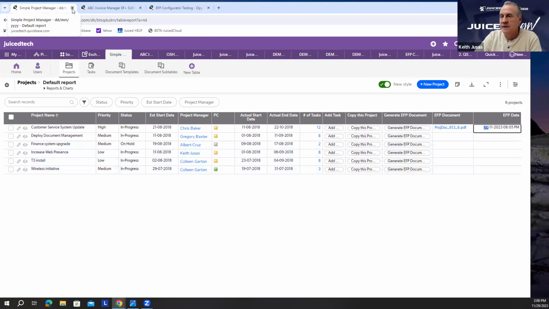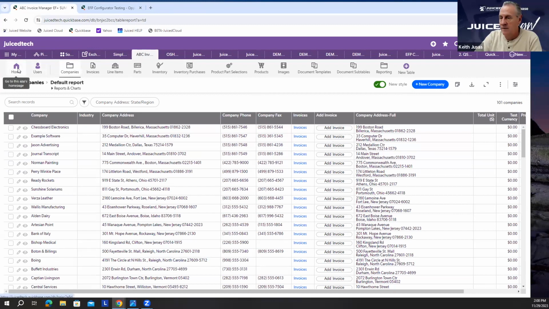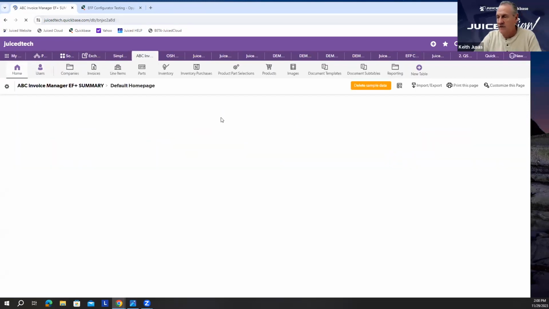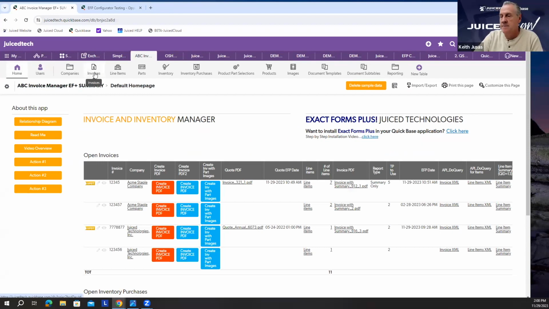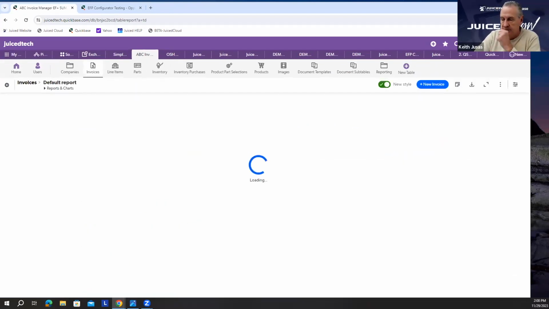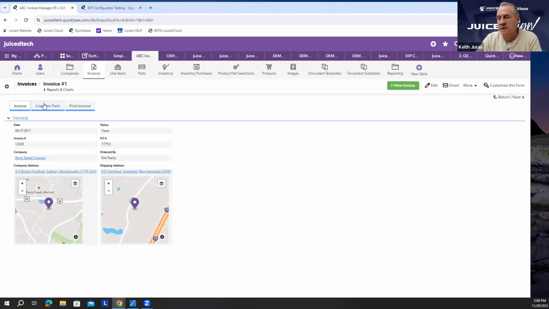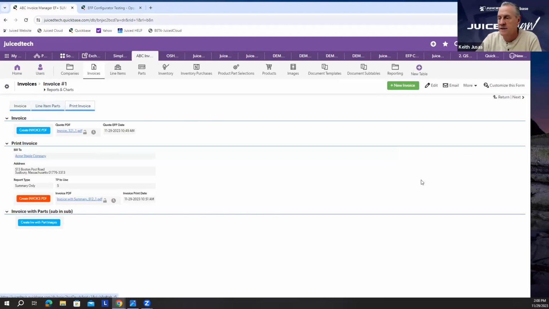All right. So let's get into the main changes that we made for Exact Fonts Plus for this release, which really centers around summary reports. So I have an invoicing application. I think I showed this one in the prior office hours, but basically what I'm going to show here is,